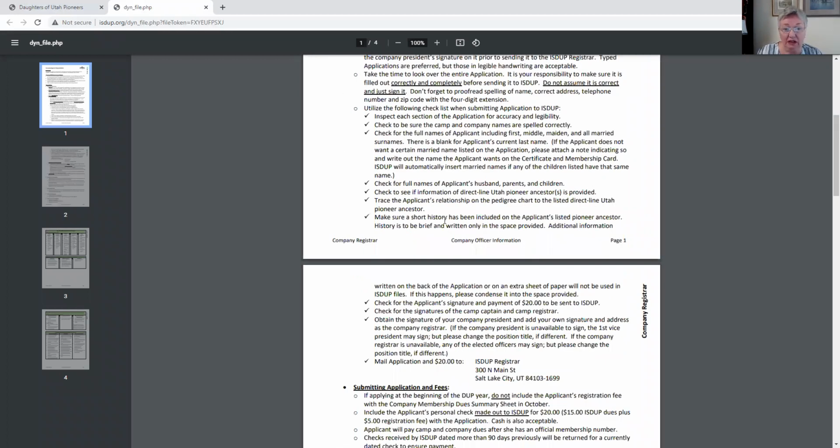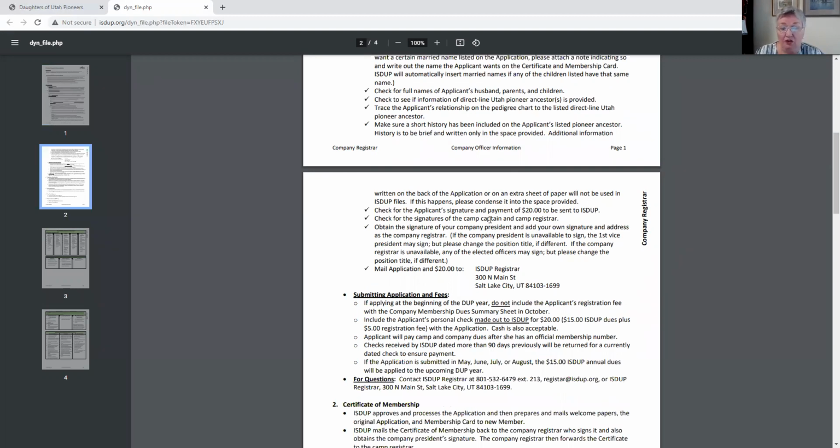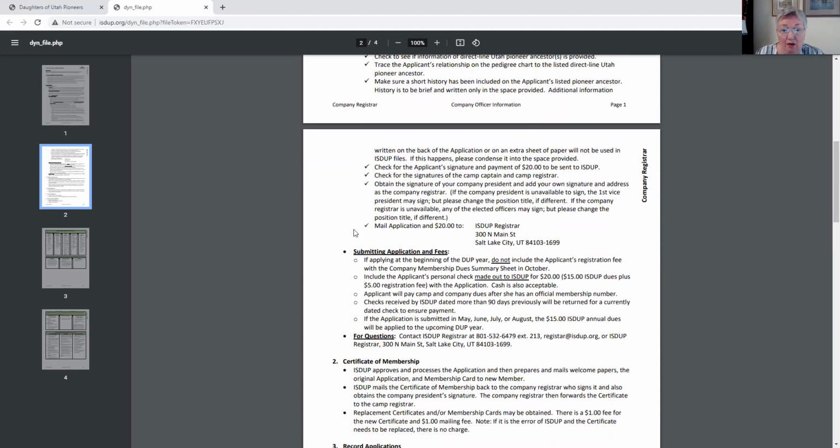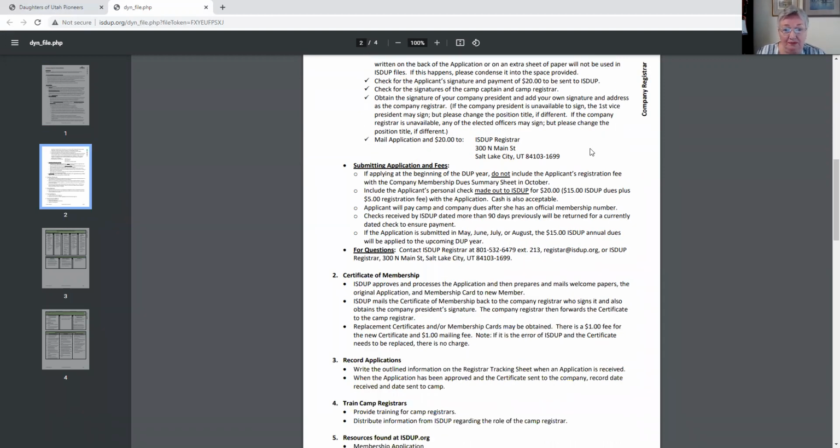And those items that I brought to your attention, the direct line, the pedigree chart, and the brief history are included there. I just wanted to go over those because that is often where the errors occur. And then everything is mailed to the ISDUP registrar here in Salt Lake City.